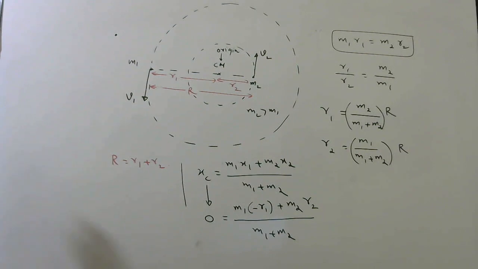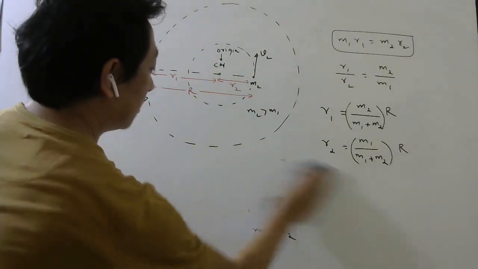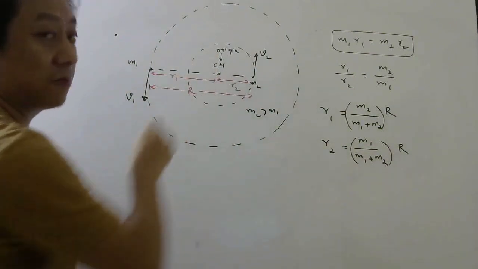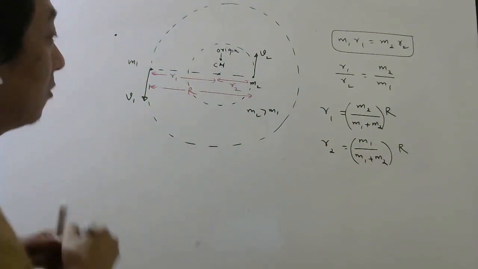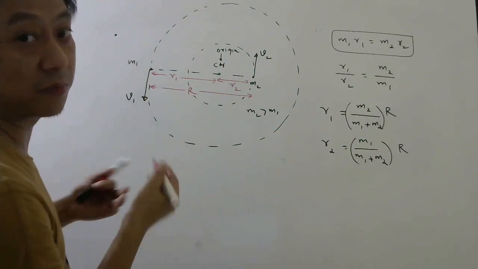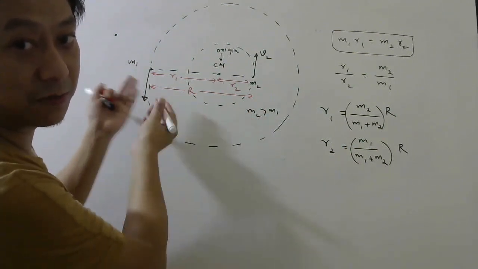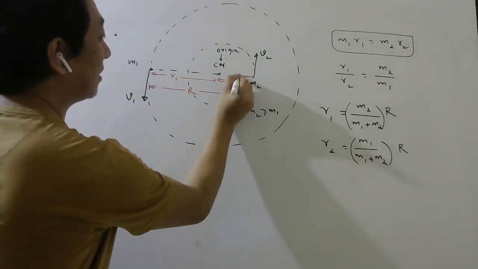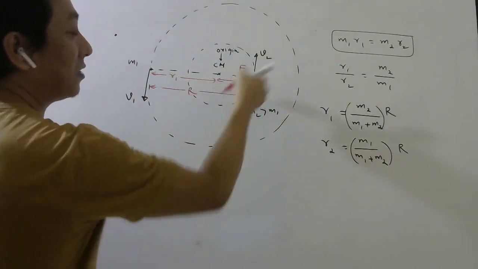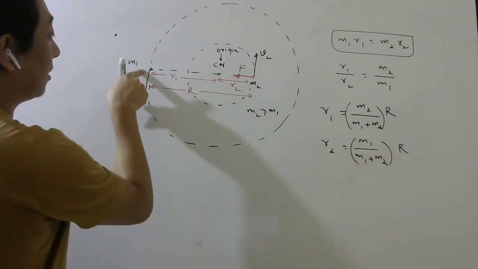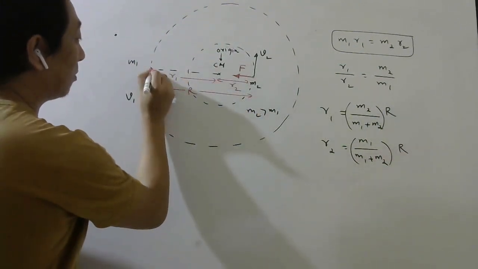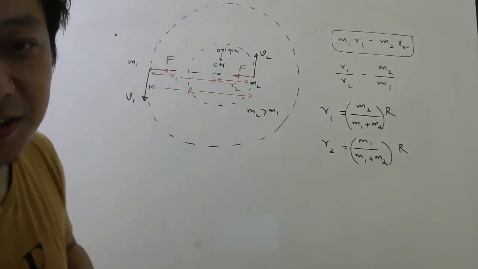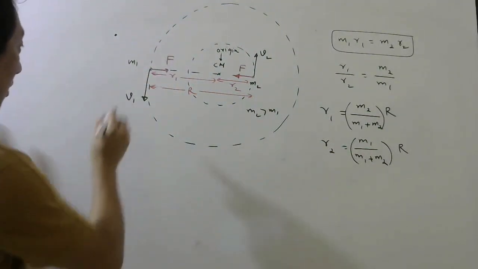Now, how to find these velocities? Well, if it is moving in a circle, then somebody must provide the centripetal force. Who will provide it? This mass only. In what form? Gravity, because this is mass, not charge. So there will be a gravitational force like this, which will provide the centripetal force for this particle. And for this particle also, this particle will provide the same force only. Forces are equal and opposite, no? Action, reaction.